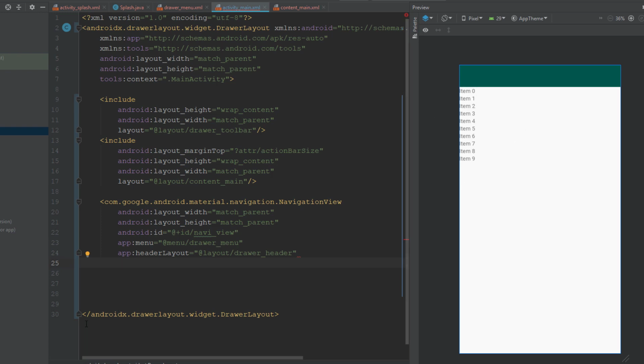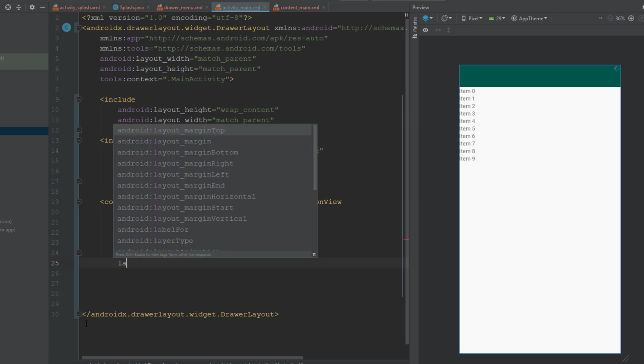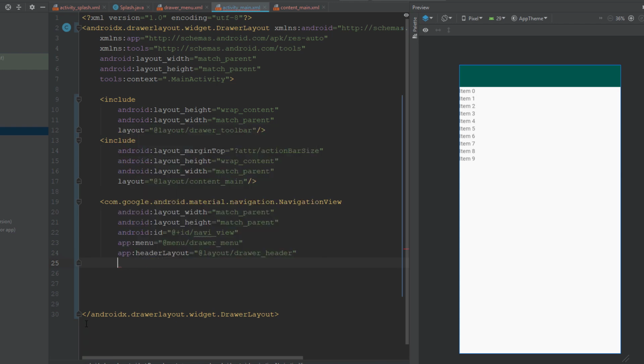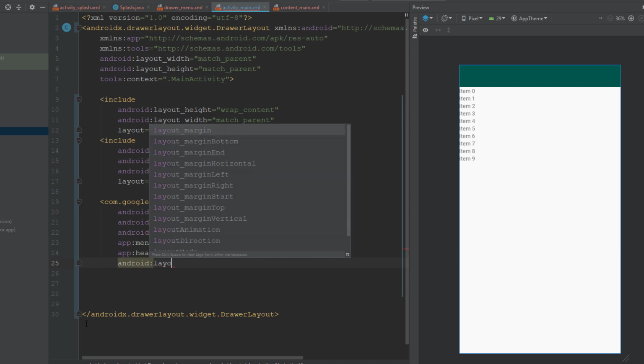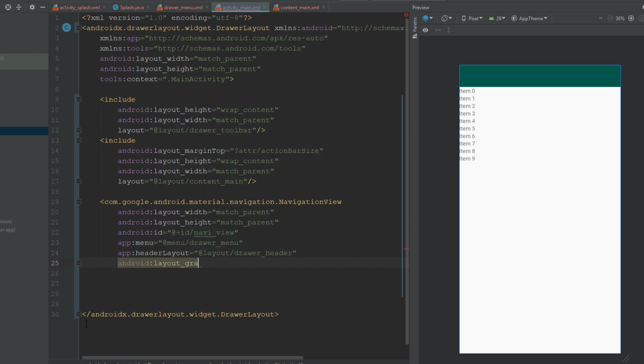Okay, so to do that we need to set the layout gravity. So layout, Android, layout gravity,